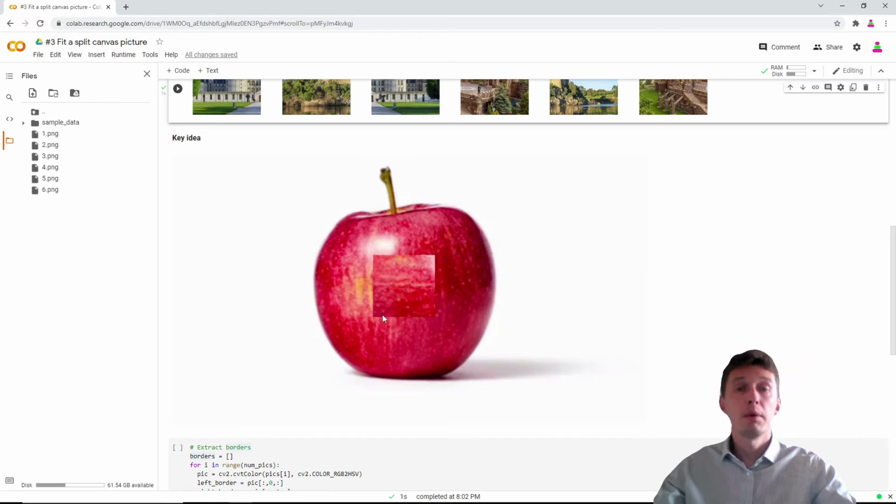And the reason why we can see it is because colors inside and outside of the border, all along the border, don't match. And this gives us an idea that if we take colors all along the border and compare them, if they match, then most probably this is a good counterpart, okay?